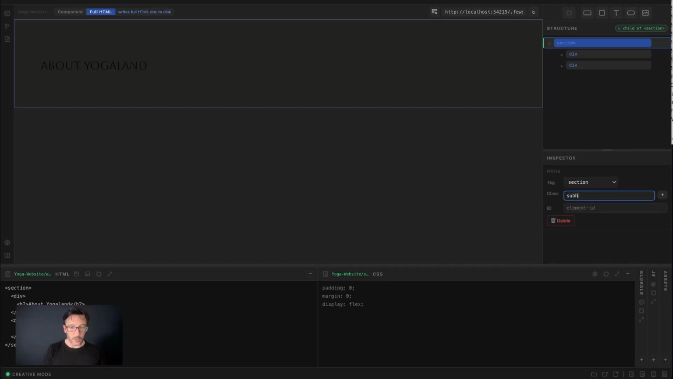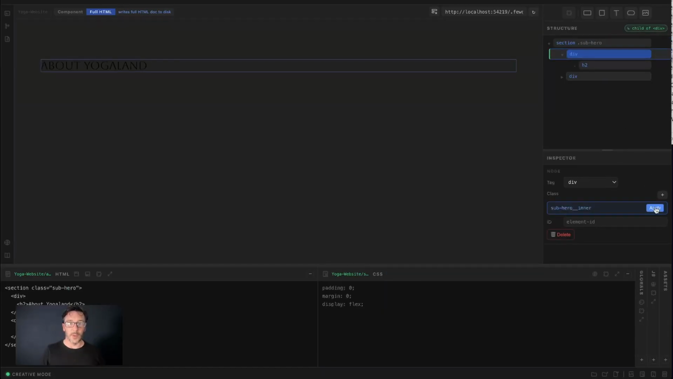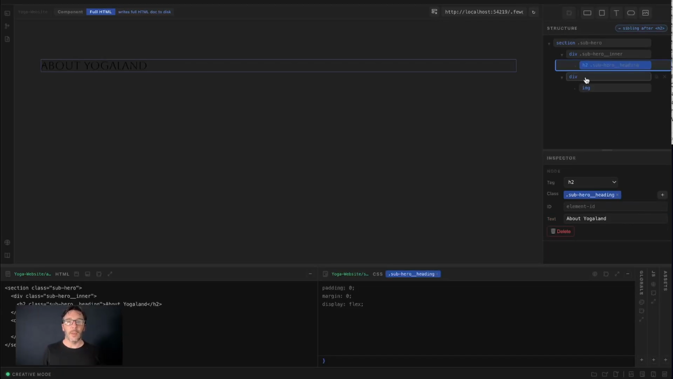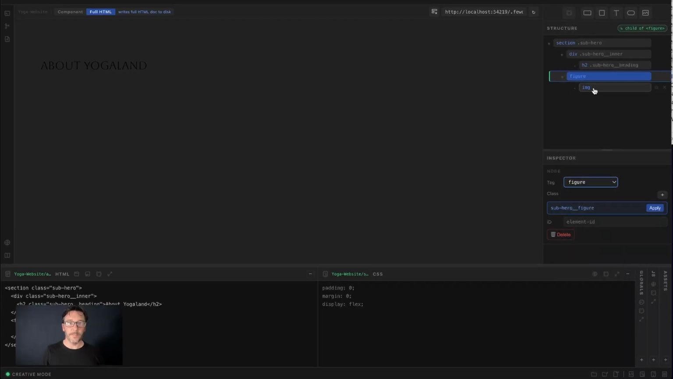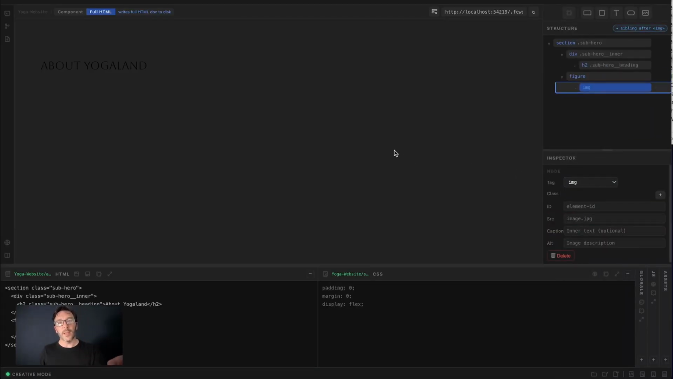Now I like to use, it's just something that I often do, I use subhero, and then we've got subhero inner and subhero heading is fine. This will be a figure, and I perhaps should have changed that before. So a figure. Now I've been reading up on that, the figure thing. The figure shouldn't really be necessary around an image that's just something like a background image. This is in the HTML docs, and